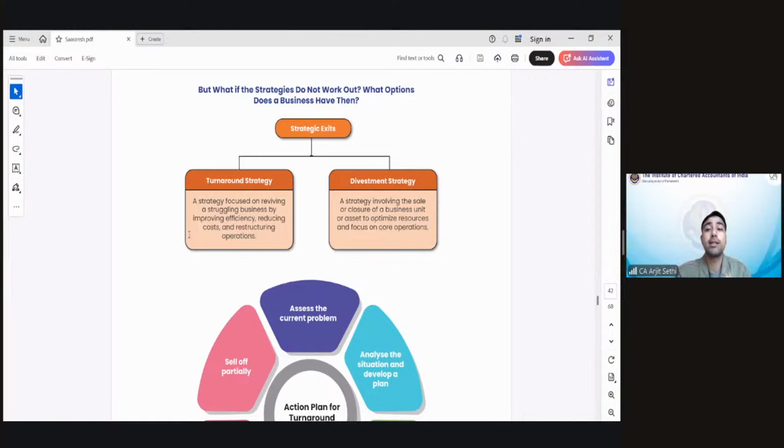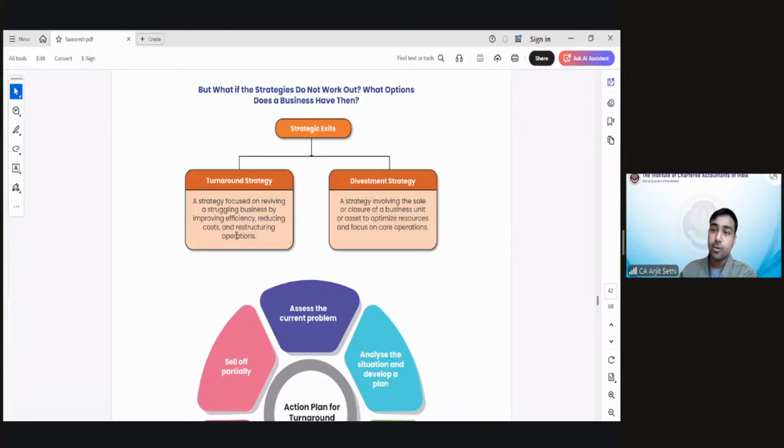Turn around our business. It was dead, right? सरकार ने तो उसको बोल दिया it's a dead business. Now I have to turn it around as a business. So what I do is I will do a turnaround strategy कि भाई कुछ नया करते हैं. There will be change. There is still chance. There is still potential. We can do something. That's a turnaround strategy. A strategy focused on reviving a struggling business.